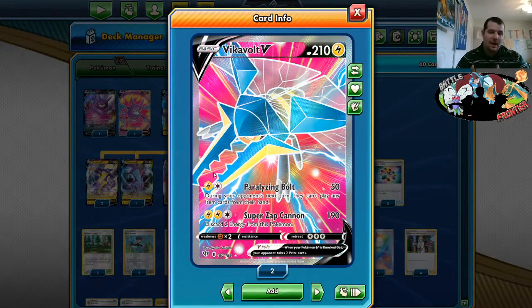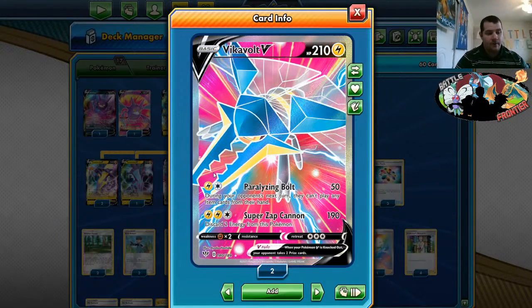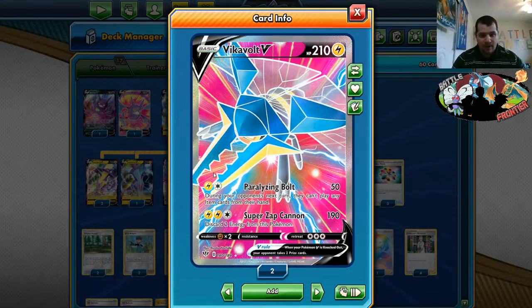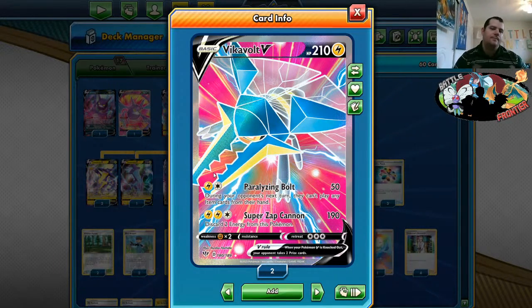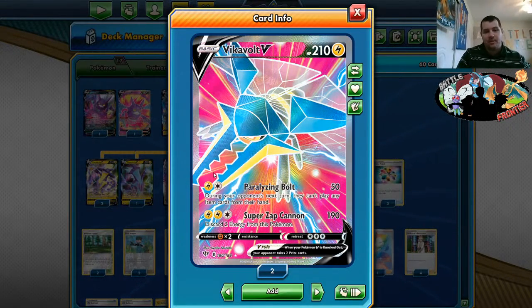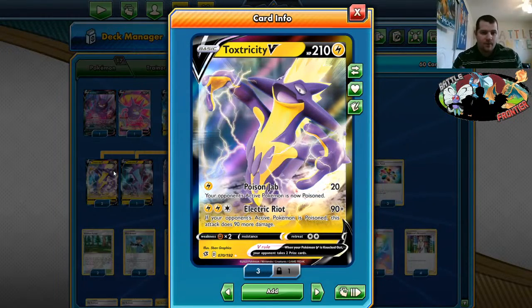During your opponent's next turn, they can't play any item cards from their hand. So I can essentially shut down about 15 cards or so of another person's deck if they run that many energies or item cards in that sense. And then once I've knocked them down little by little by little with that Paralyzing Bolt, Super Zap Cannon: discard 2 energies from this Pokemon and it does 190 damage. It's pretty sweet. So I run 2 of those in the deck here, and then we have Vikavolt V,